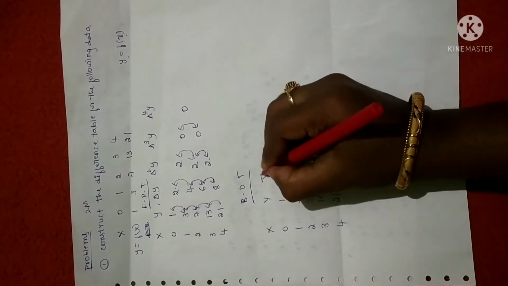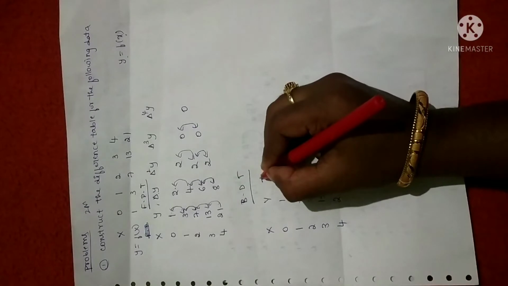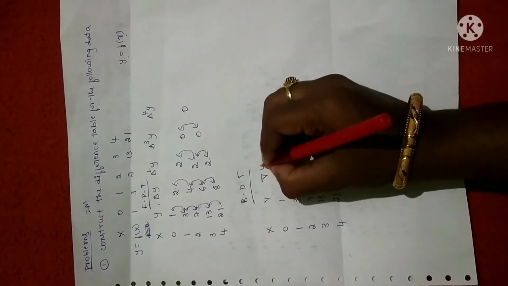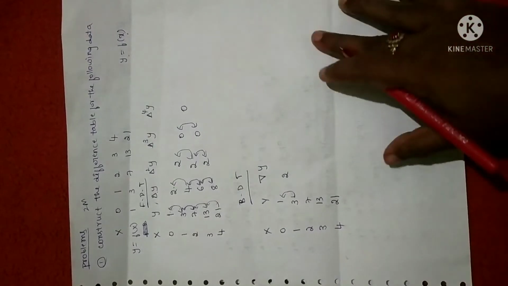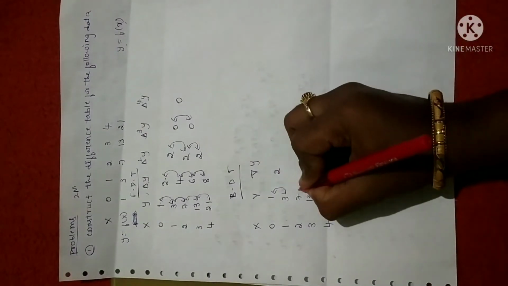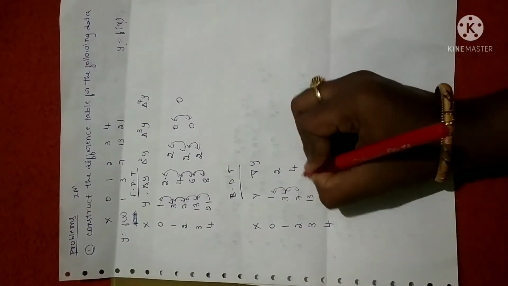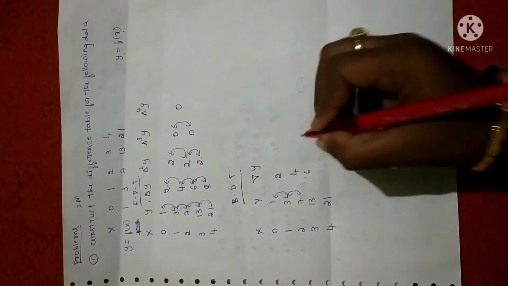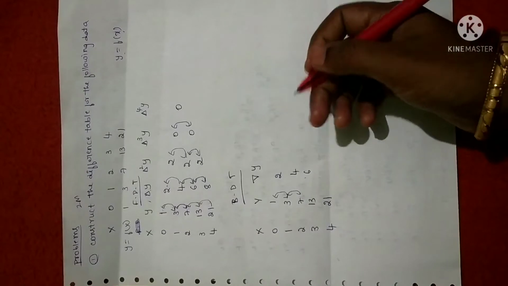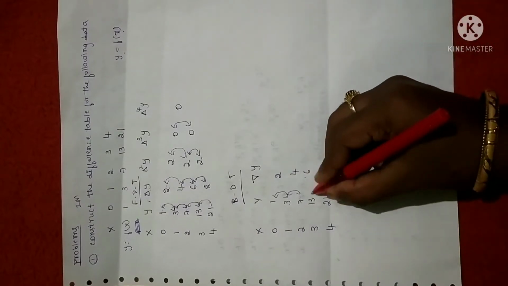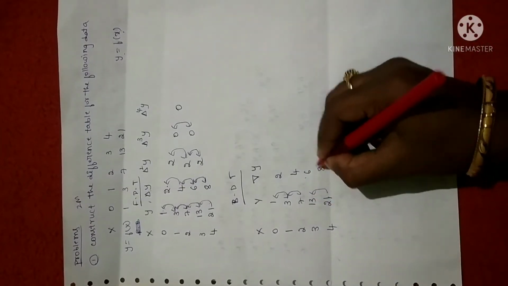Now the backward difference operator is nabla. As I already told you, it is nabla of y. Similarly, 3 minus 1 is 2. The answer you will get is the same, but the way of representation is different. 7 minus 3 is 4. 13 minus 7 is 6. Further, you will come to know the application while using the Newton backward and forward difference formulas. Anyhow, 21 minus 13 is 8.